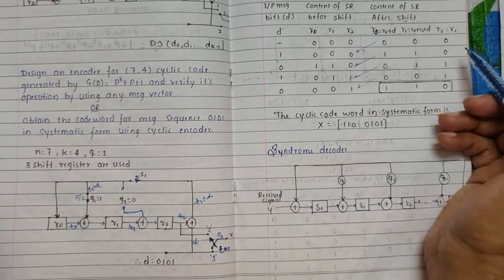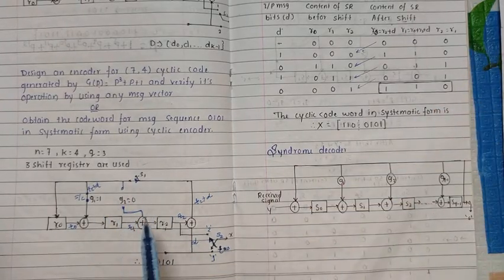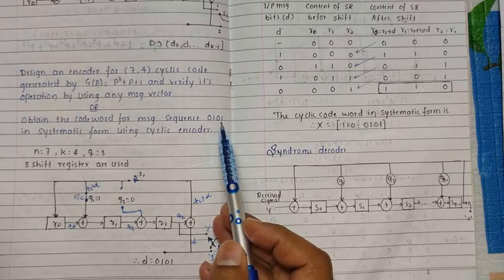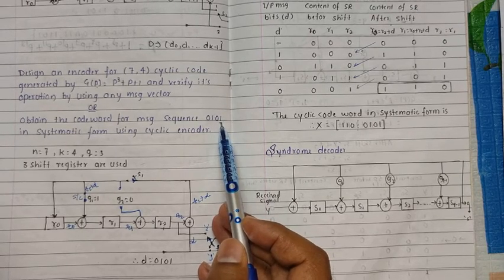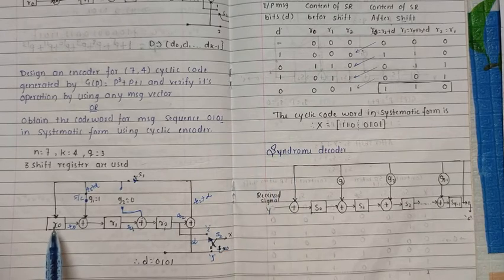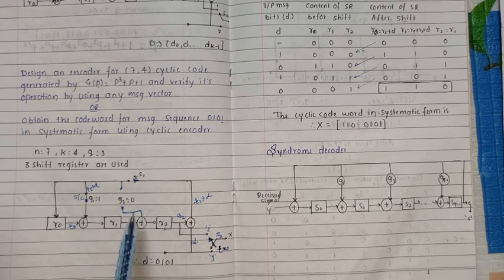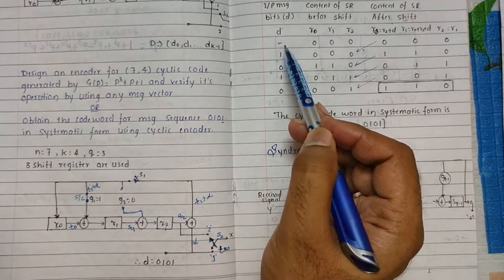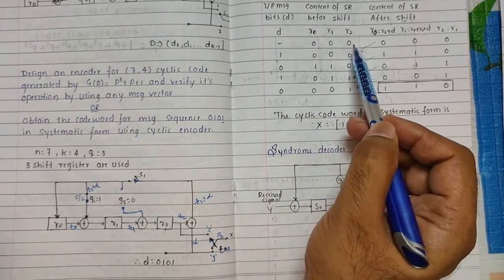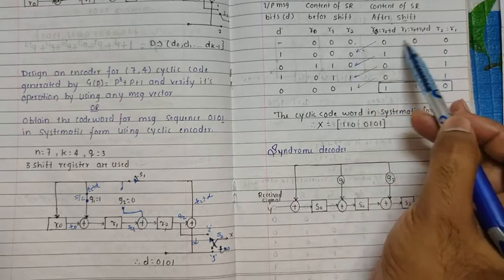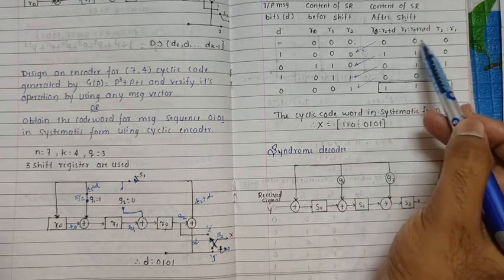Now, as we know, whenever this is operated, the last bit goes first. Which input is given to us? 0, 1, 0, 1. So the last bit is 1, which will be routed first through the design. Initially, we consider the content of the shift registers to be vacant, meaning nothing is available there. They do not have any garbage value, so we consider them as fresh ones. When we are not applying any input, the contents of the shift registers are 0, so after the shifts also they will be 0.